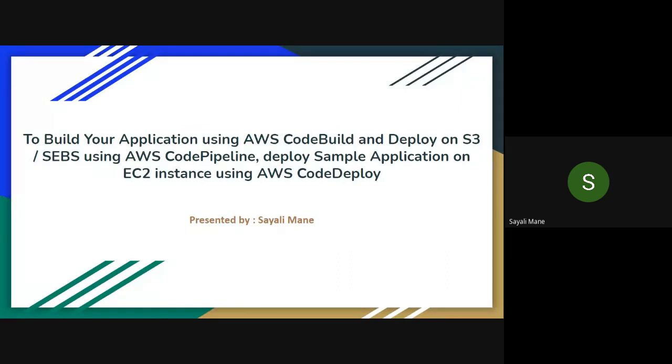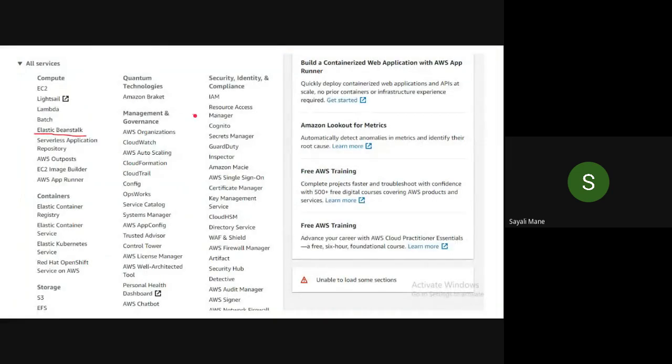So for that we require two things. First one, in one tab open your AWS account, and in a second tab please open your GitHub account. So this is the first step. Then we'll go to the next one. Just let me know once you have opened the AWS account and the GitHub account, or anyone can simply type yes in the chat box so that I'll go to the next slide.